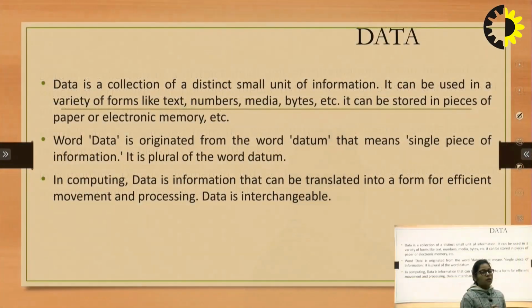The word data originated from the word datum, that means a single piece of information. Data is the plural of the word datum. In computing, data is information that can be translated into a form for efficient movement and processing. Data is interchangeable. Basically, we have lots of data, in any form: raw form, structured, unstructured format. From that data, we need to capture the required information, and that we will use in our further